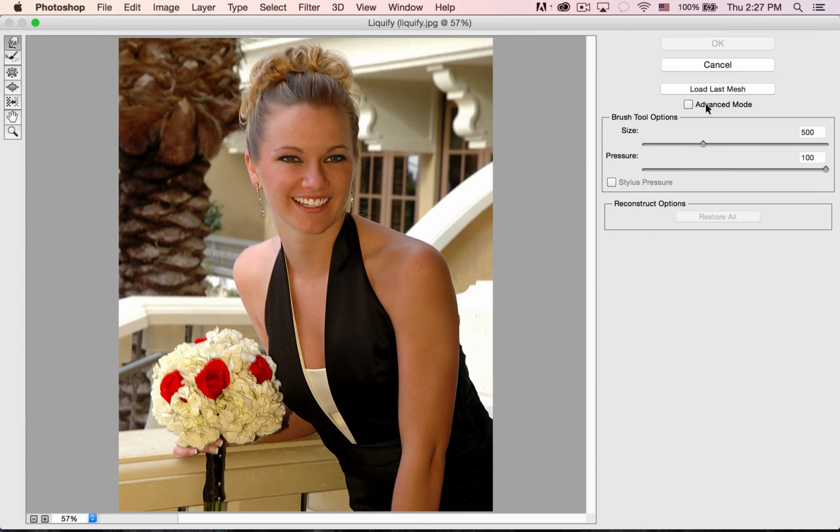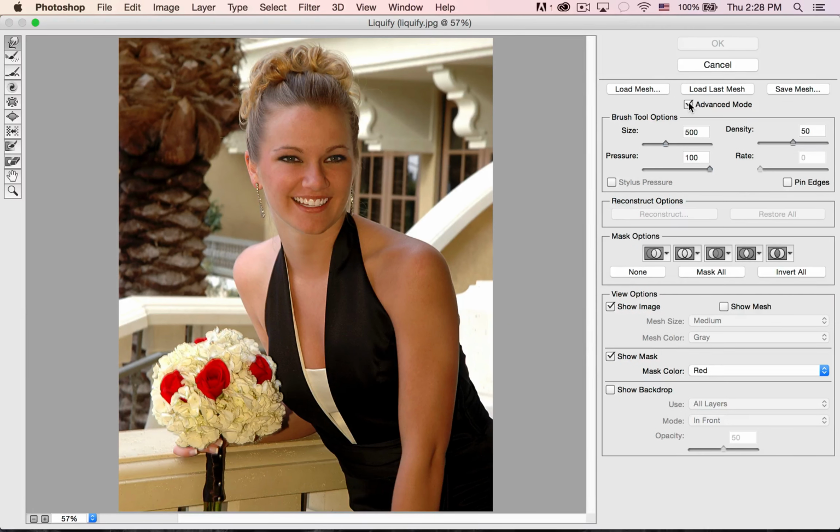When you first open this dialog box up, it's going to look like this. Be sure to hit the advanced mode, turn that on, and it opens up some more options for you. So if you've never opened it, you need to hit the advanced. Okay, so what happens with this tool, the one that you're going to use the most is going to be